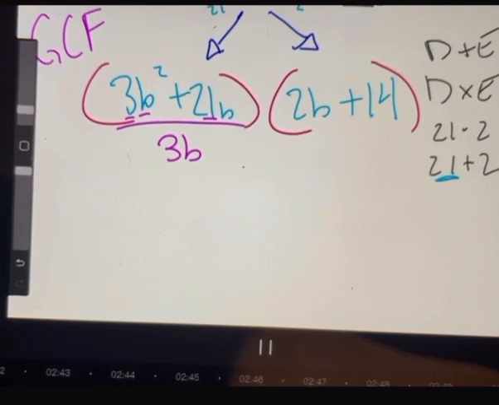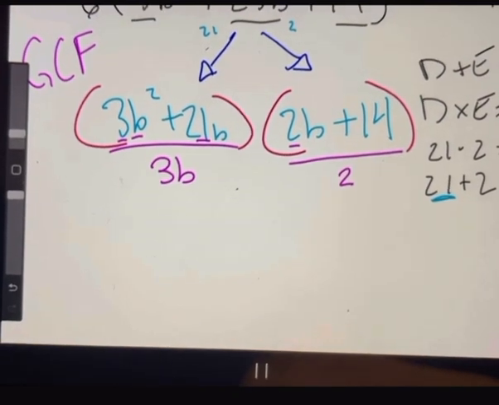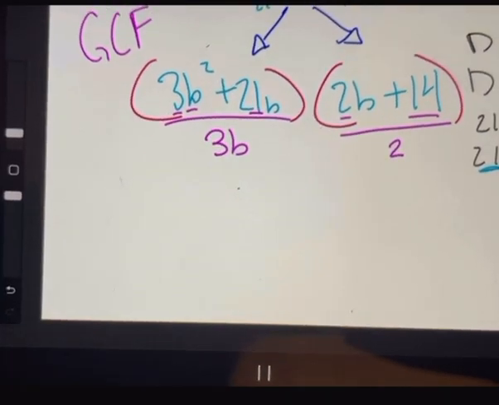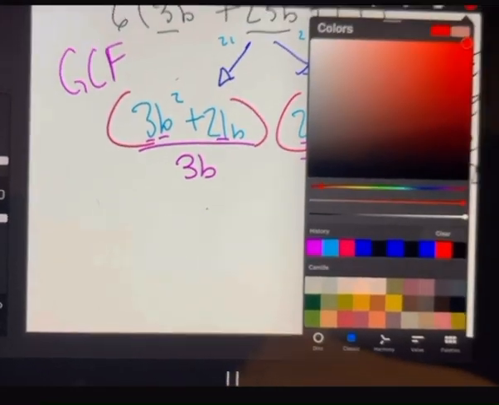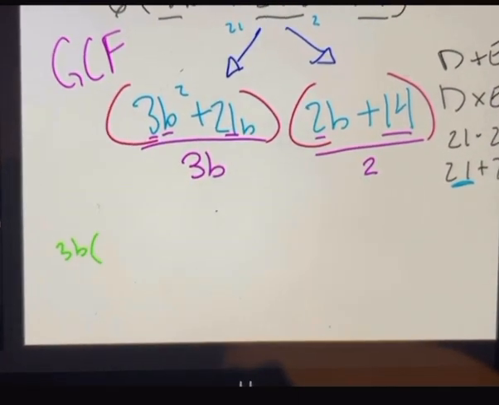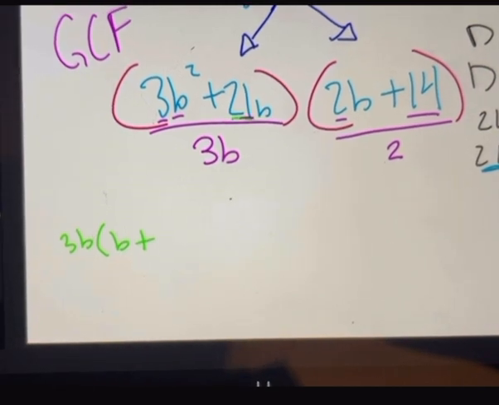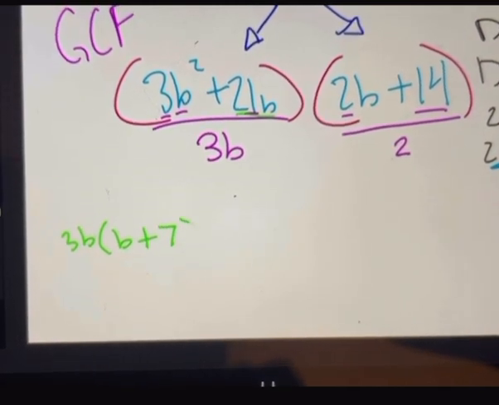Now we need to find the greatest common factor, which would be 3b, because they both can be divided by 3 and b, and they cannot be divided by b, so the highest would be 2. And again, when you divide something, you have to put the number that you divided by on the outside, so 3b parentheses b plus 7,